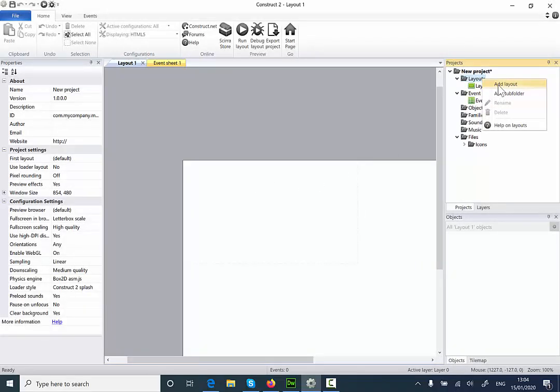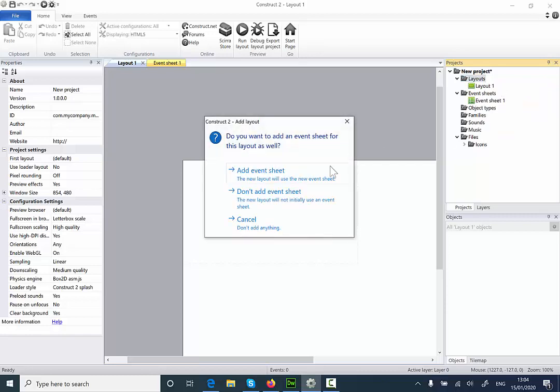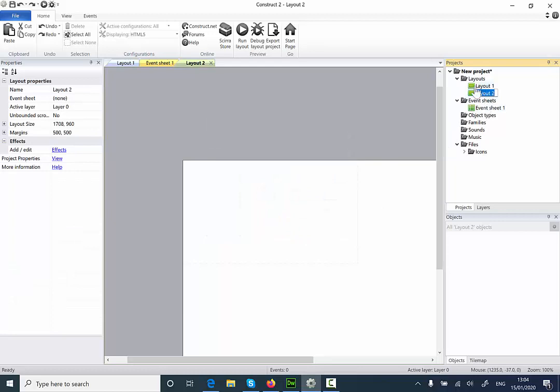I'm going to right-click on the Layout folder and create a new layout. Add New Layout, but don't add an event sheet. So I'm going to right-click on my Layout 1 and rename it. I'm going to call this Main Menu. I'm going to right-click, rename my Layout 2 as Level